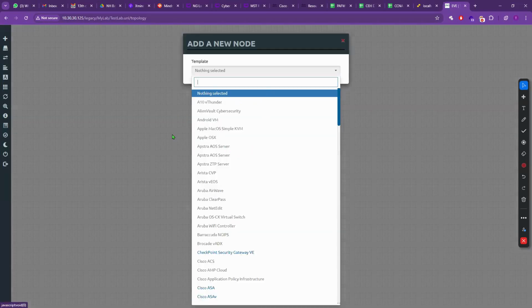Just download EVNG, create the virtual machine. And here you can right-click and add a node. Otherwise, you have the left-side option, add an object. Inside that, you can select the node. And here you can see mostly gray color. That is what you can see with my cursor also. It is showing a restricted option, meaning you don't have rights to access this because this image is right now not in my EVNG. But something you can also see in blue color. If you notice, that means this image I already added in my EVNG. So this step we are going to do now.